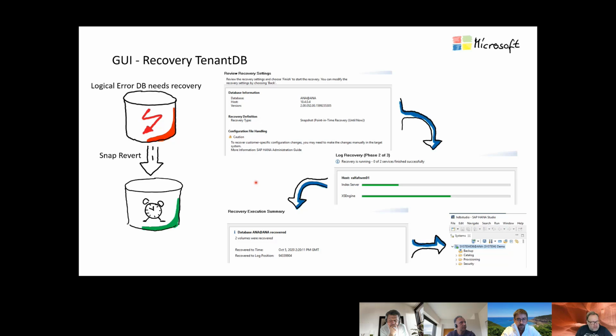I think CLI is really much faster than the graphical tool. But you don't do this every day. So if you don't do this every day, I personally think that a graphical user interface is easier to use and easier to consume than the command line. Therefore, I think maybe the GUI is more used for recovery purposes.